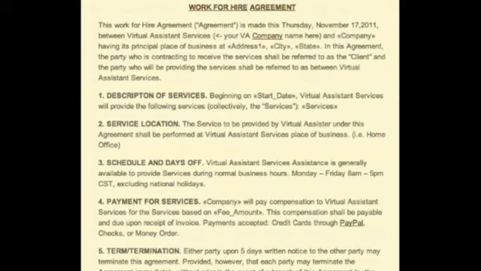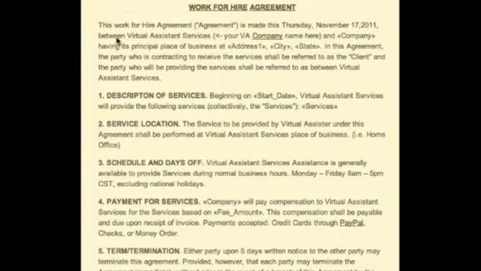Now, it's interesting that this person called it a work for hire agreement, because work for hire means something very specific in copyright law, and I don't think that's what this person means. I would call it a virtual assistant contract or virtual assistant agreement or a contractor agreement or something like that, because work for hire is about copyright law. This is the kind of thing that a lot of times non-lawyers do, is they start using legal words because it sounds more legal, when really it's better to use the regular word. Lawyers do this too sometimes.